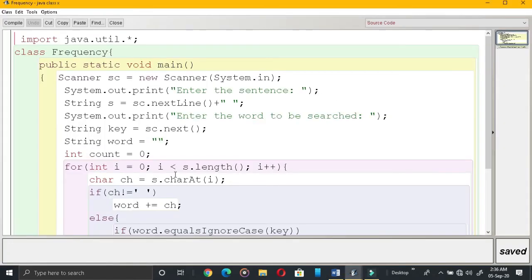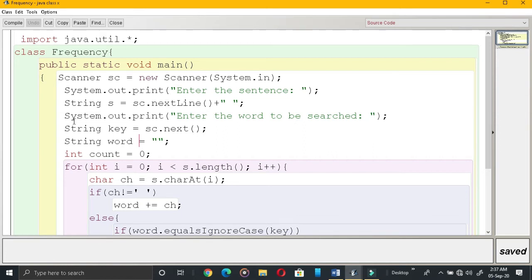This is your program. All are requested to write the program in your copy. Pause and write the program. See, we are doing this program by using the scanner class. So scanner class we have called. Now this is the object for accessing the scanner methods. This message is for activating the terminal window. In the terminal window we have given the message enter the sentence. String s is equal to se dot nextLine. That means a sentence will be entered by the user.